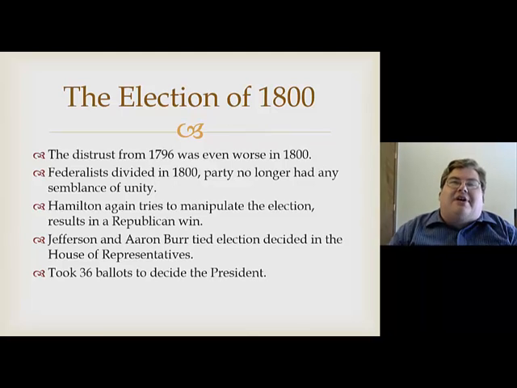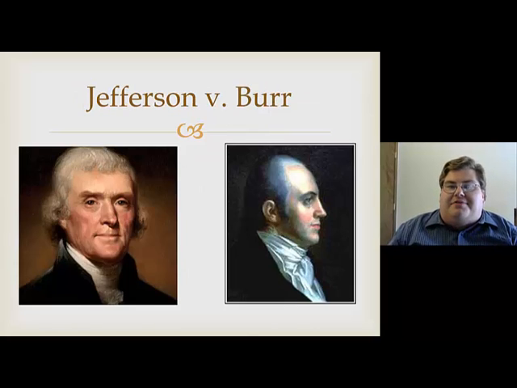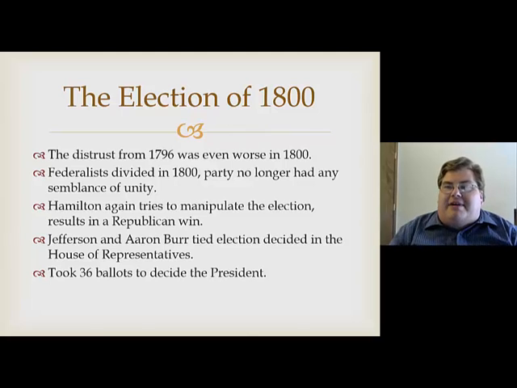Hamilton once again tries to manipulate the election, and this time he screws up big time. He inadvertently splits the Federalist vote so badly that the 2 Republicans, Jefferson and Aaron Burr, get the top 2 votes. That means that no matter what he does, no Federalist is going to be elected to the presidency or the vice presidency. But there's another problem that also shows how frail the system is, because Jefferson and Burr tie in